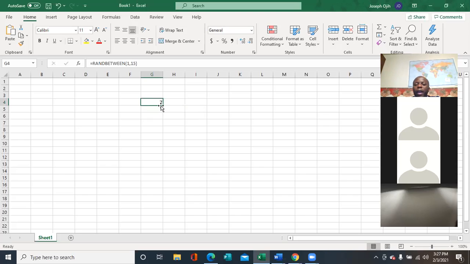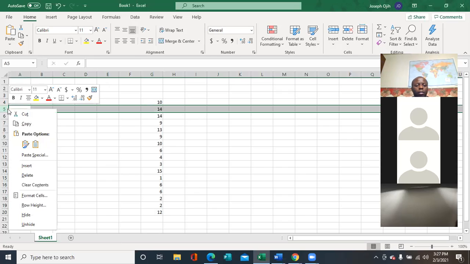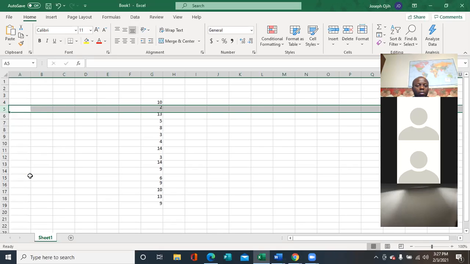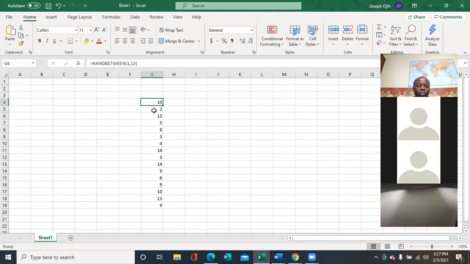Now from here, I can copy the formula down. It will select until I get to the 15th number. See? Say 1, 2. Now this 14, I can't use it, so I'm going to delete it. Okay, let me delete that row. Okay, now you can see 14 is right here. So we have 1, 2, 3, 4, 5, 6, 7, 8, 9, 10, 11, 12, 13, 14, 15, 16. Because we're going to remove one of the 14s, we should be good.